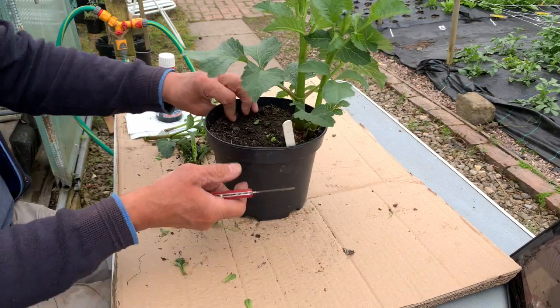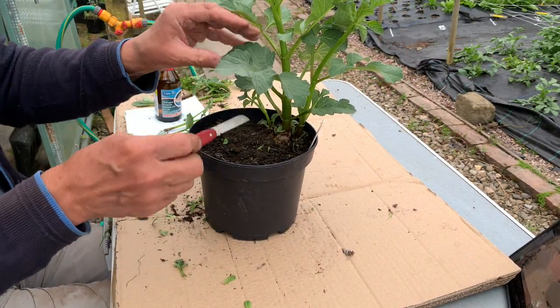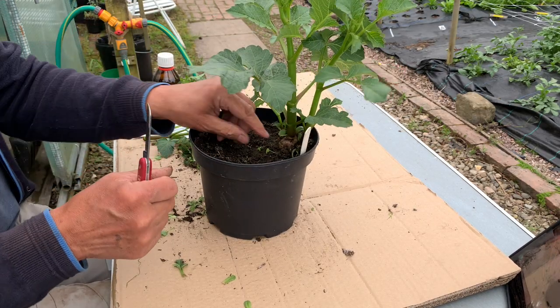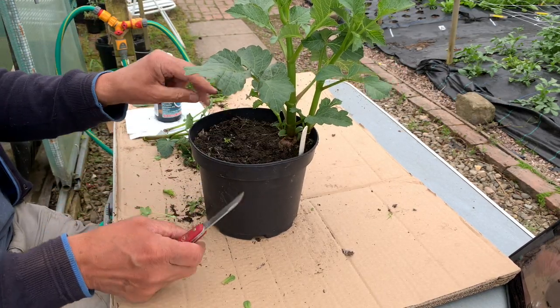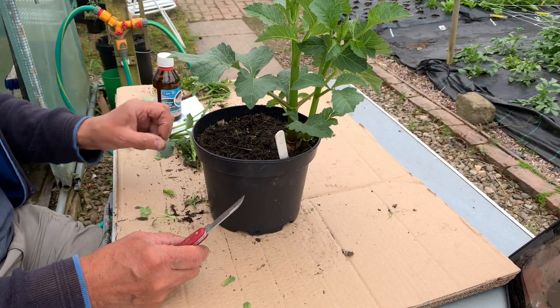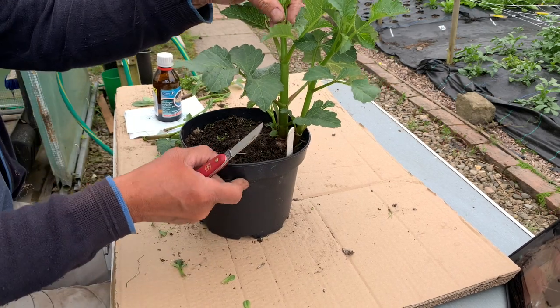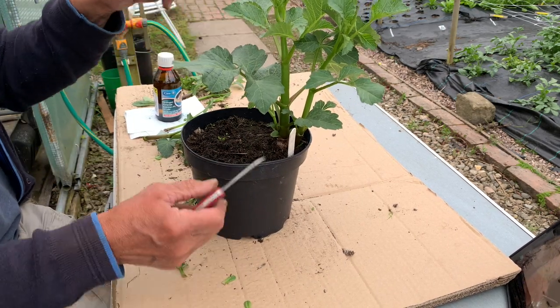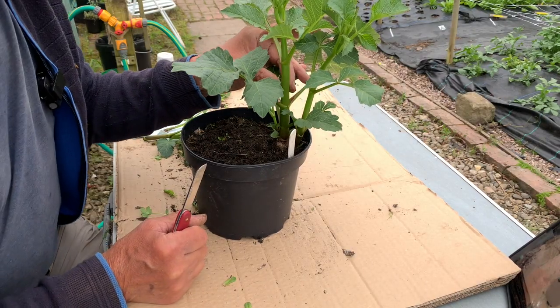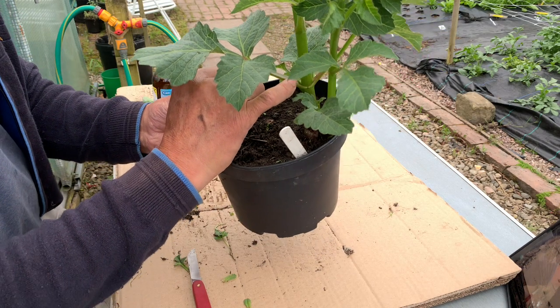And then the third thing is we're going to look at each shoot and see whether we've got 3 sets of true leaves, and if we have, we're going to take the shoot just above it so that the shoots below that can develop, so that for each cut we make, we get 2 stems developing, sometimes 4 because the ones below develop as well. You can actually see in there the nodes where these shoots are